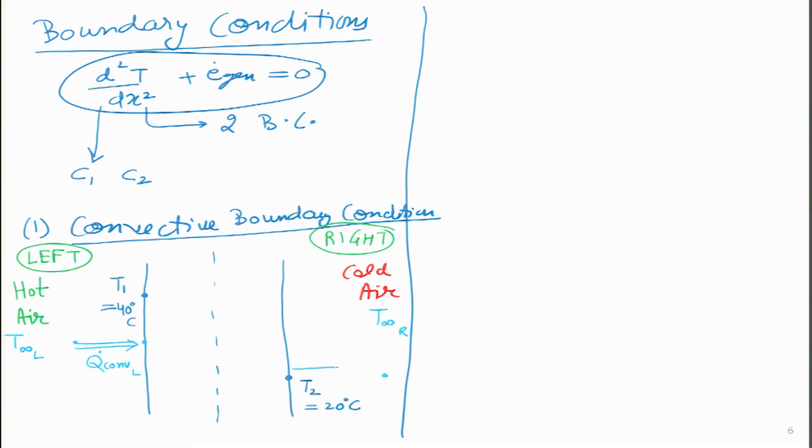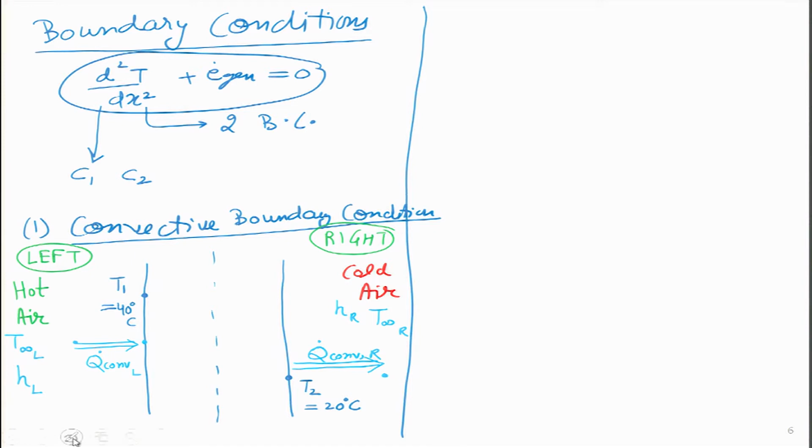On the right hand side this air also has a certain temperature. So, from the wall to the air some convection will be taking place, and I will write that as Q convection. Because it is taking place on the right hand side, I will put a subscript R. If you go back to the left side, because convection is taking place, I must have a convective heat transfer coefficient value, which is given as HL. Similarly, on the right hand side, on the cold air side, I must have another heat transfer coefficient, which I will write as HR.